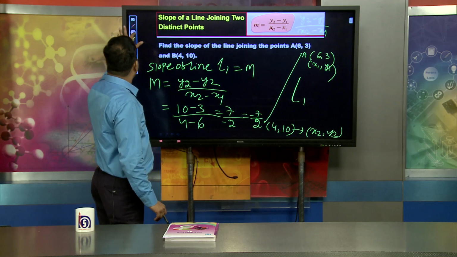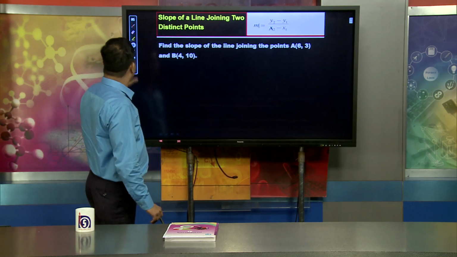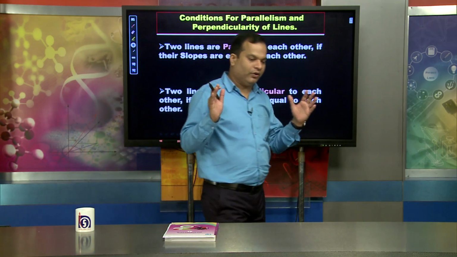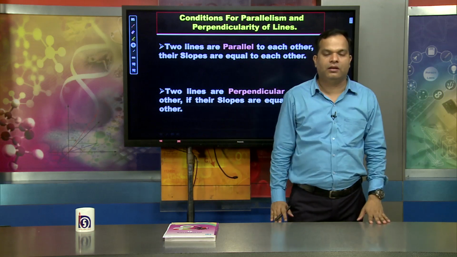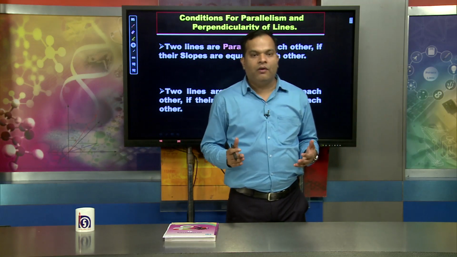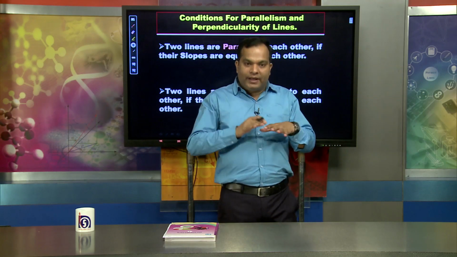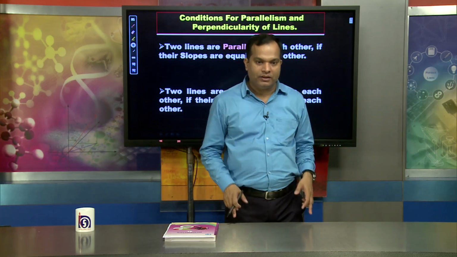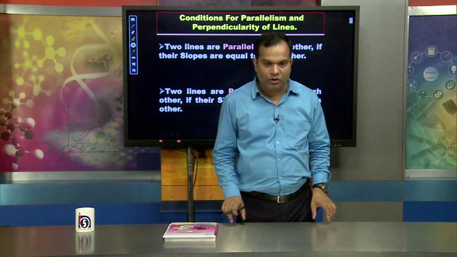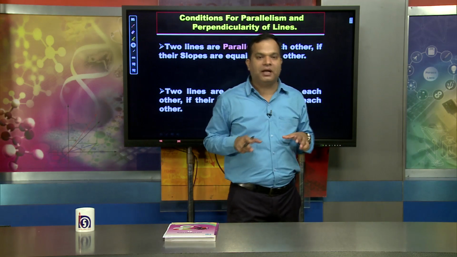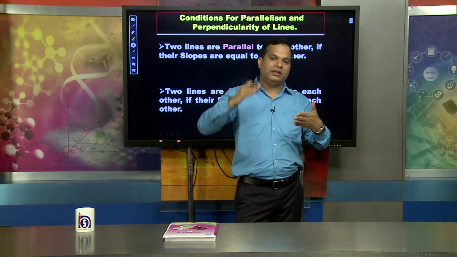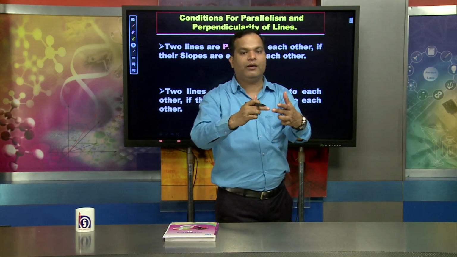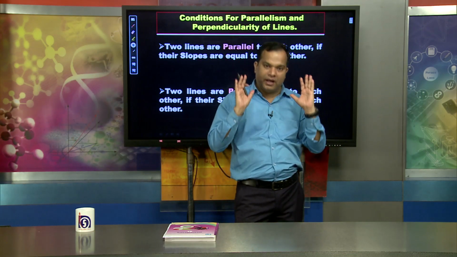Dear learners, now we will move to a very important part that is also related to slope. When talking about two lines being parallel, we have observed the railway track. When a train is moving on the track, you just observe the two plates. The two plates are always parallel. Parallel means the distance between the two lines remains constant, they never join at one point. Then we can say this is a parallel line.